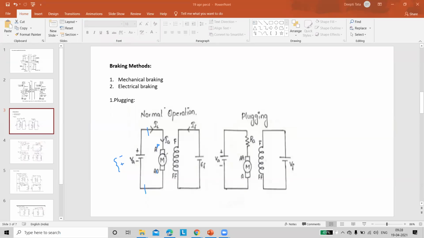So in the practical sense, any way in which you can decrease the motor speed and bring it to zero is a braking technique. The braking techniques we learned are going to be applied here. So just wait, I will erase all these annotations for you. Then it will be very clear to you.